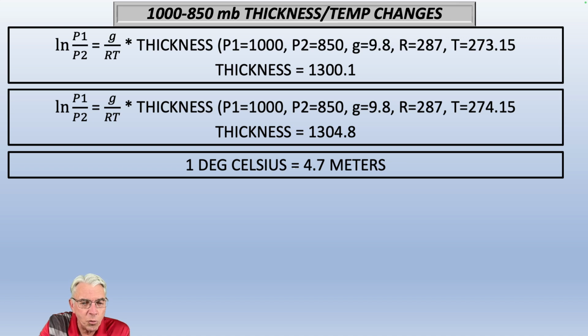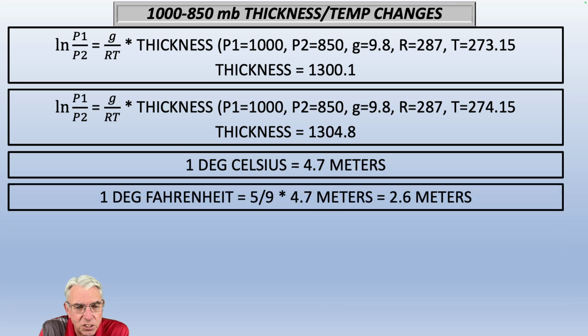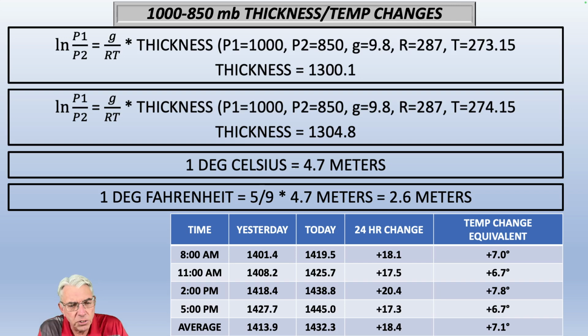So when you multiply 4.7 meters times 5/9, you get 2.6 meters, okay? So 2.6 meters of thickness is equivalent to about 1 degree Fahrenheit up or down. So yesterday, these are the thickness values that we had at 8, 11, 2, and 5, and those 4 averaged together. The forecast for today, using the American Ensemble mean, you can see those numbers there, 1419, 1425.7,